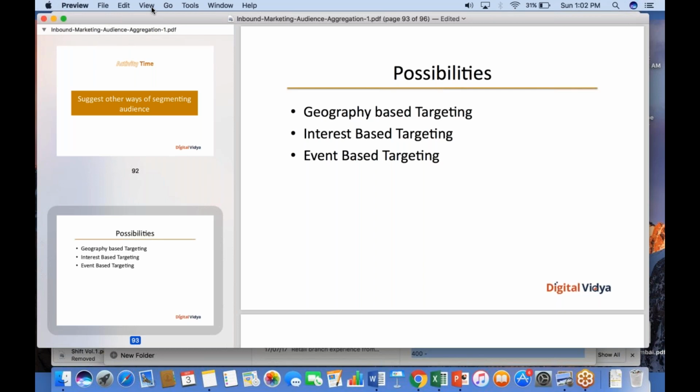Event-based targeting, right? This is in the customer journey map which I gave you earlier. There are several examples of event-based targeting provided, wherein if a person registers for a webinar, that particular customer goes through a completely different journey versus somebody who does not register for a webinar. Again, somebody who actually attends the webinar, that again is an event. That particular customer goes through a completely different journey than somebody who does not attend the webinar.